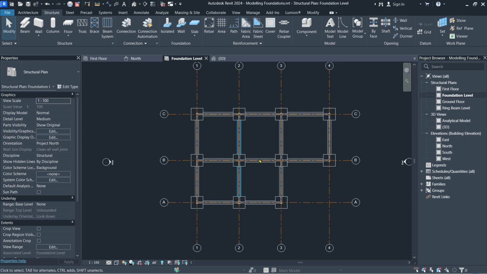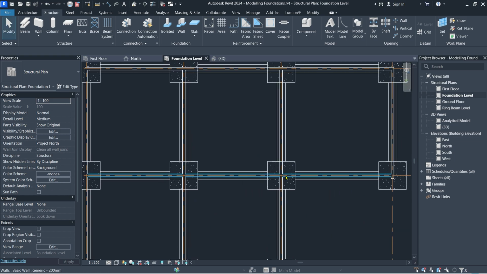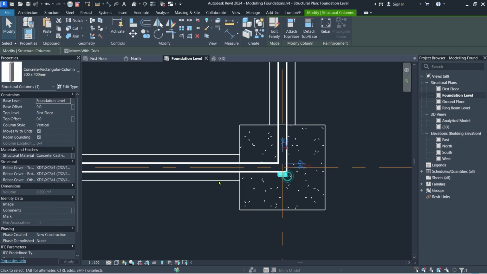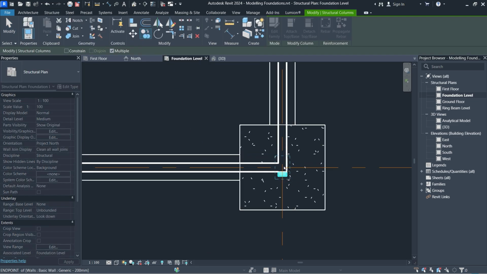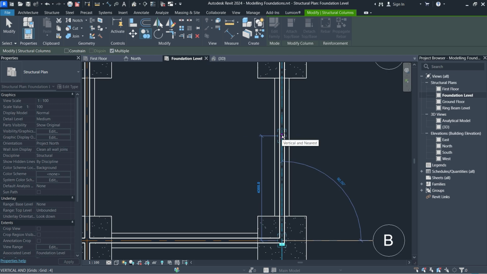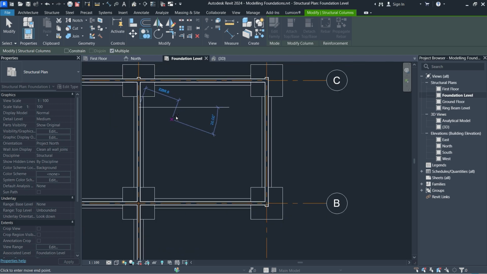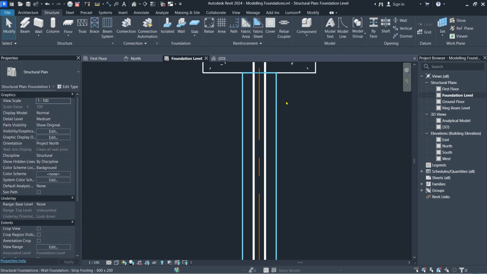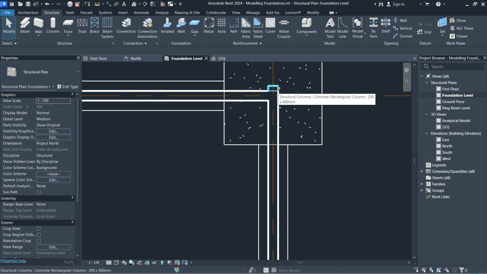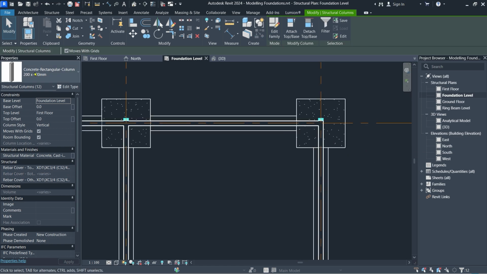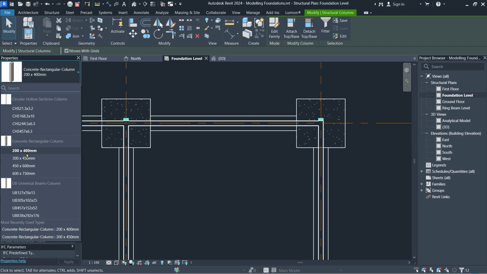Now, how about if you have two columns here, and I illustrate something here. Let's say this column is also here, very close to this one, and there is another one here. Now they are not visible because the column and the wall are the same width. So let me change all columns to 300. I'll select all of them in the project and change them to this one,